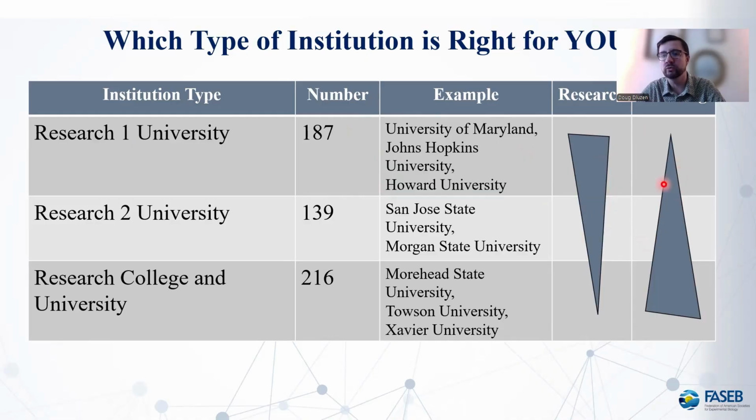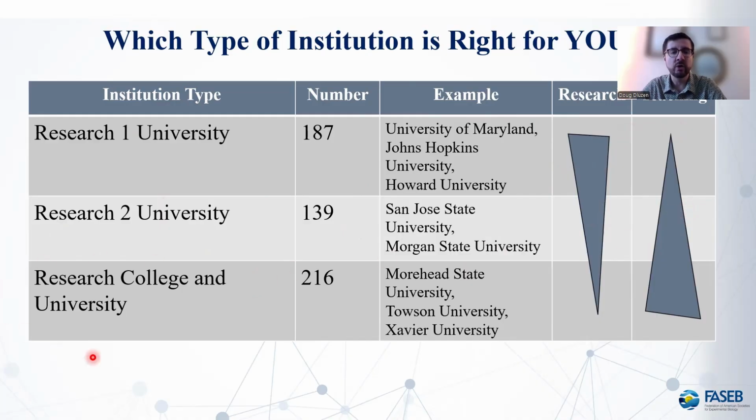Whereas if you're in the School of Liberal Arts and Sciences or in a different college, you might be expected to do 50-50 between research and teaching. So again, the responsibilities of the faculty role are going to vary by department, by college and university, and certainly should be spelled out very clearly for you in the job description. But you can expect that if you are at an R2 designated university, like Morgan State or San Jose State University, there might be more of a balance between your research and teaching expectations.